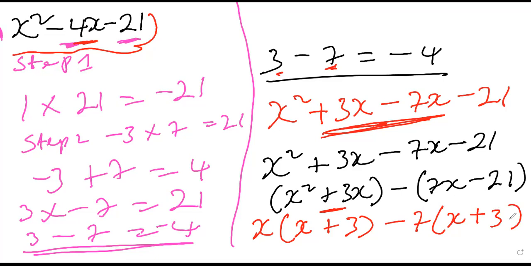Okay. So if you watch very well, we can get the same thing back by saying S times S squared, S times 3, 3S. And here we can say minus 7 times S is going to give us minus 7S. And we can always say minus 7 times plus 3 is going to give us minus 21. Okay? So now